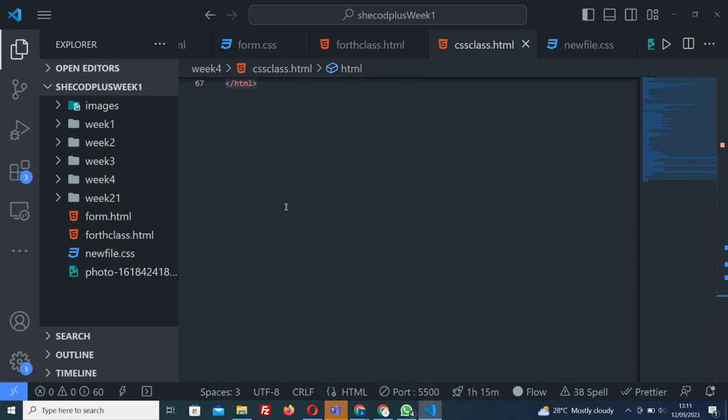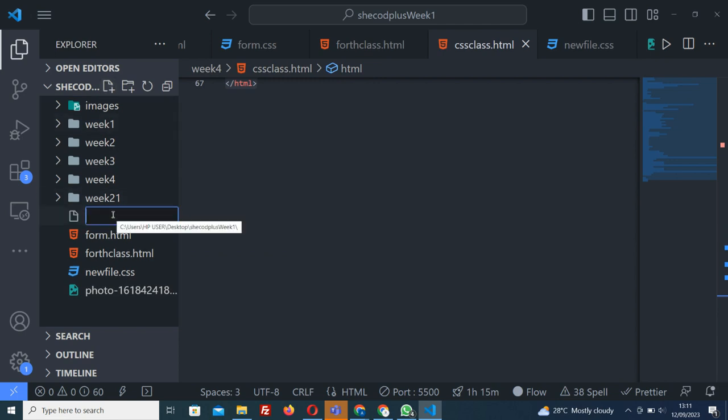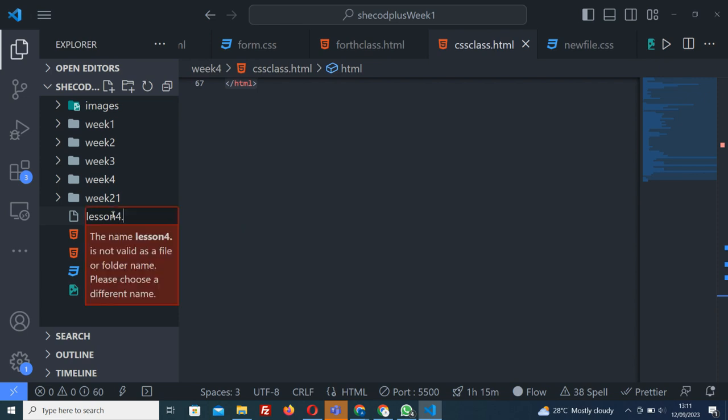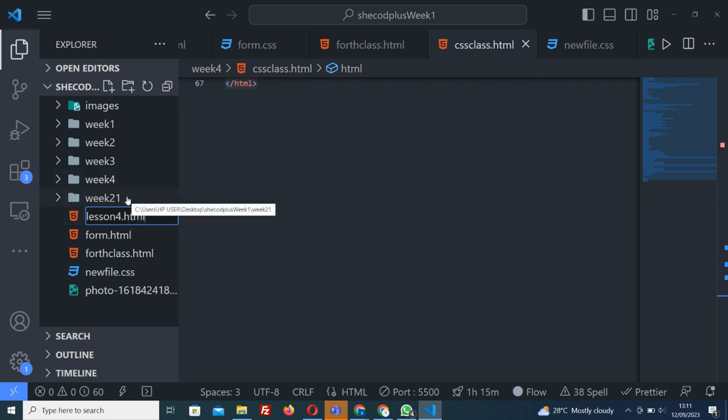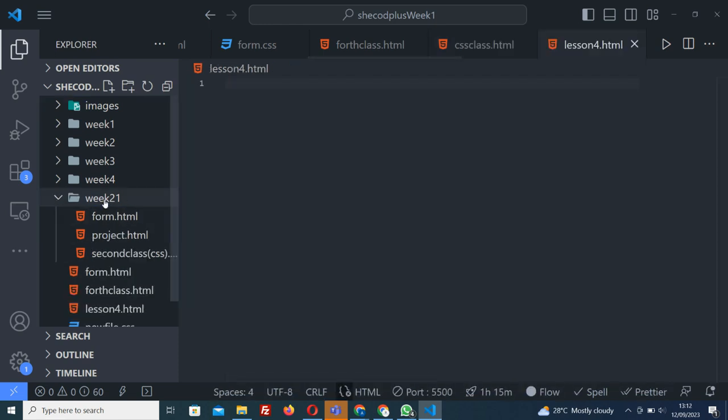The first thing you will do is to create a file. I'm going to create a file called CSS. Let me name it lesson4.html. That's where you create your HTML file. Here, I talked about the three different types of CSS: inline, internal, and external. In this lesson, I'm going to make use of external CSS. So with that, I'm going to create